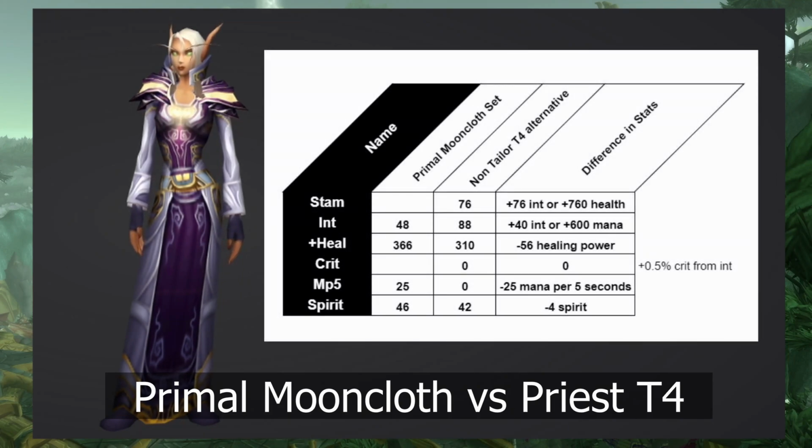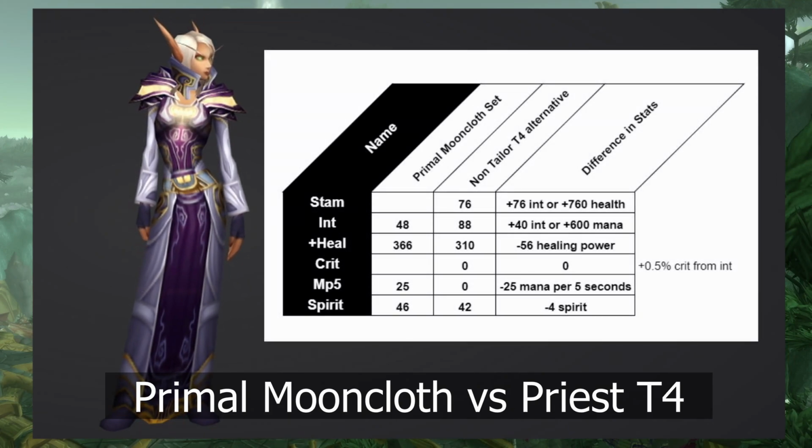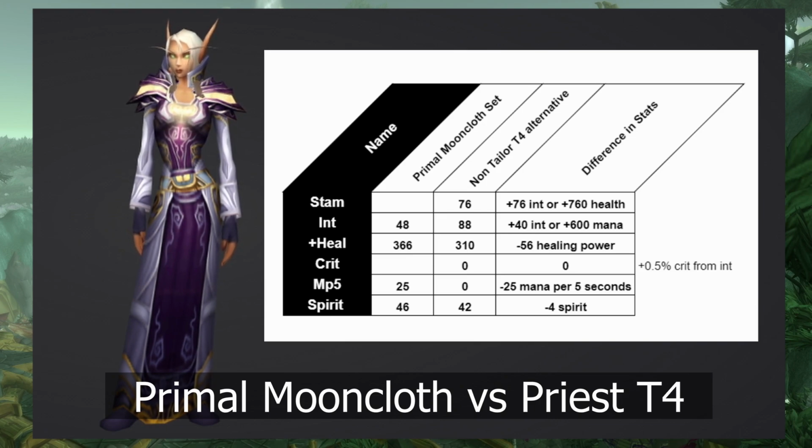So here's a comparison of your primal mooncloth set versus the Priest Tier 4. So going with the tier 4 over...